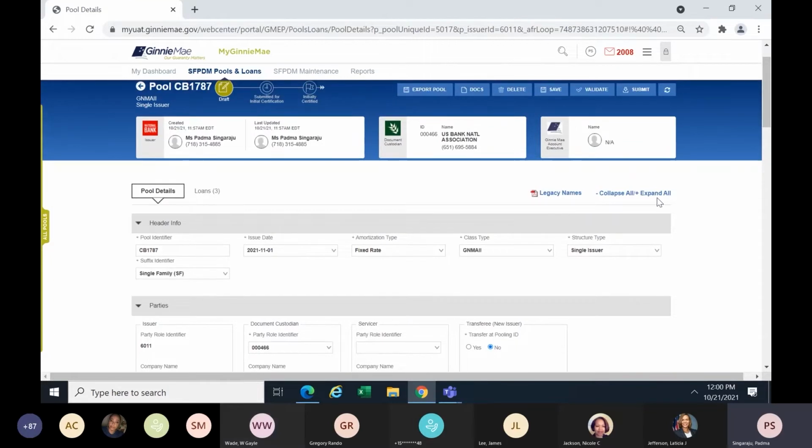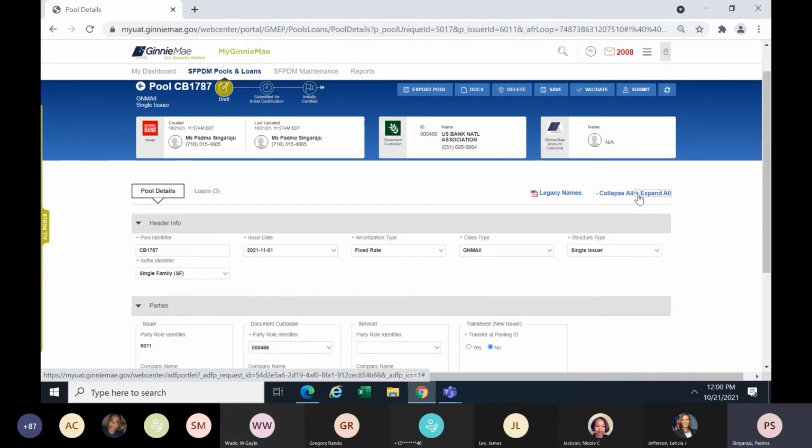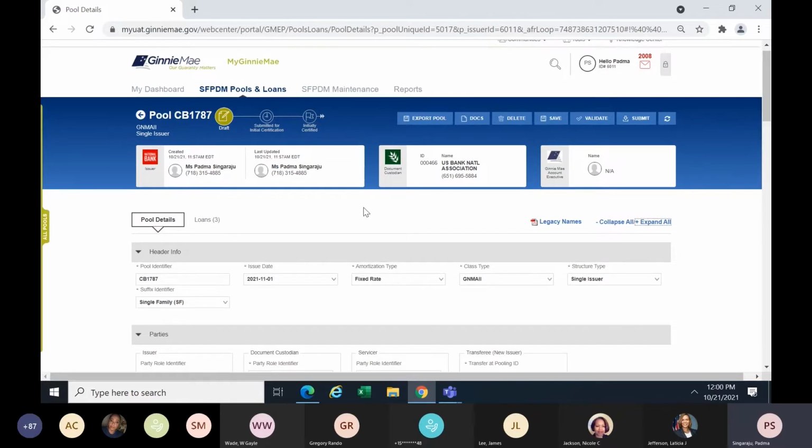You could collapse or expand any of these sections by clicking this button and expand all of them again, or work on individual sections. The contact information of the account executive and the custodian are handily available on the top of the screen. By now, you would have heard some new names, or terminology, that we are